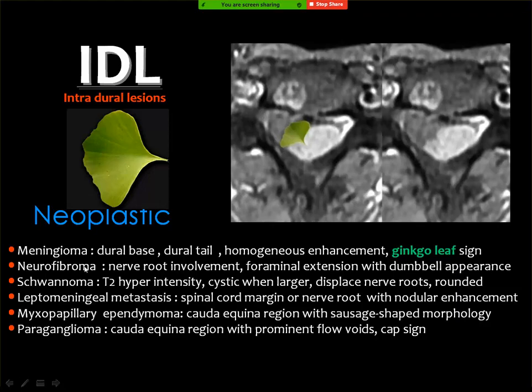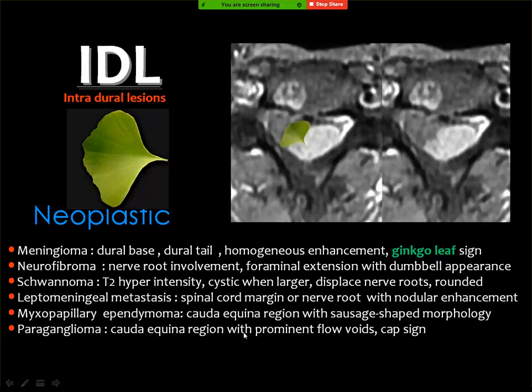Of intradural lesions, the main lesions are the meningioma and the neurofibroma. Also, schwannoma is considered if you see cystic changes within the lesion. To differentiate between meningioma and neurofibroma, a meningioma has a homogeneous enhancement and a dural tail. It does not extend through the foramen. But the neurofibroma can be heterogeneously enhanced and it does not have a dural tail and may extend through the